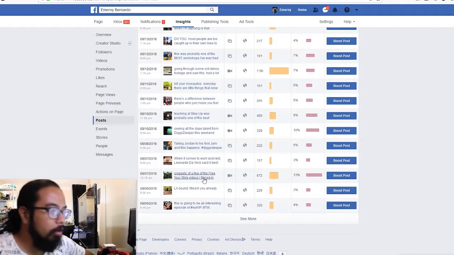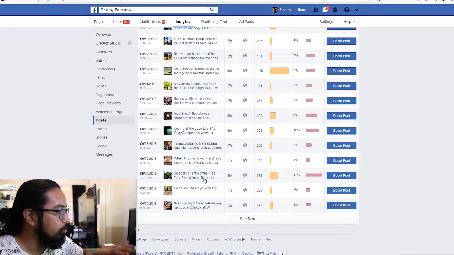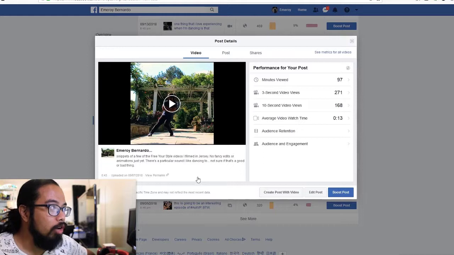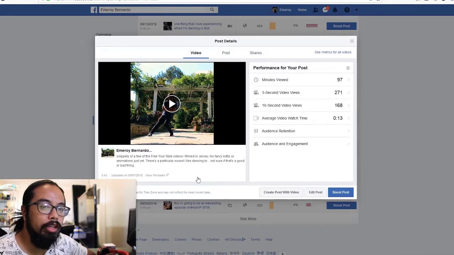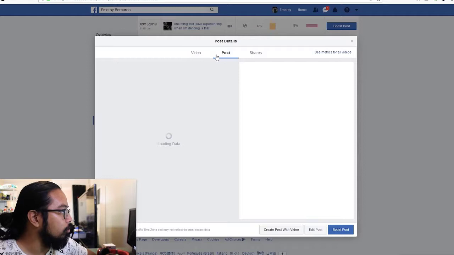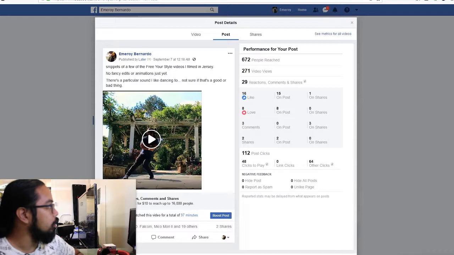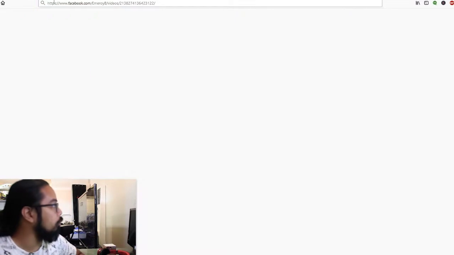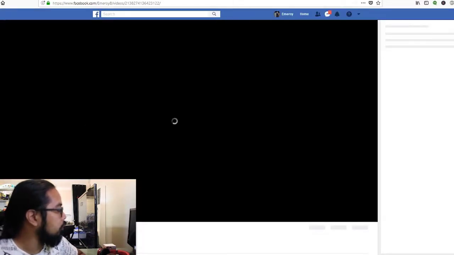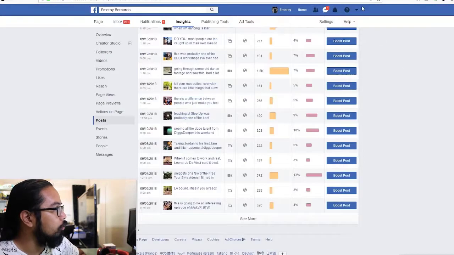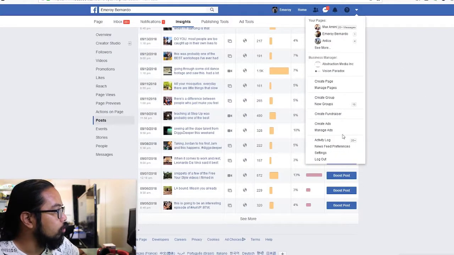There are several ways to go about creating ads with this particular post as your creative, but this is the way I like doing it, because it's a little faster and it's a necessary trick for upcoming tactics that I'm going to show you guys about ads. So that's a little later on. Go to the post, right click, and copy link location. I'm going to make sure it's the right one. Yeah, it is. Cool. Then open up a notepad and save that there for a little later. Once we're there, head on over to create an ad.